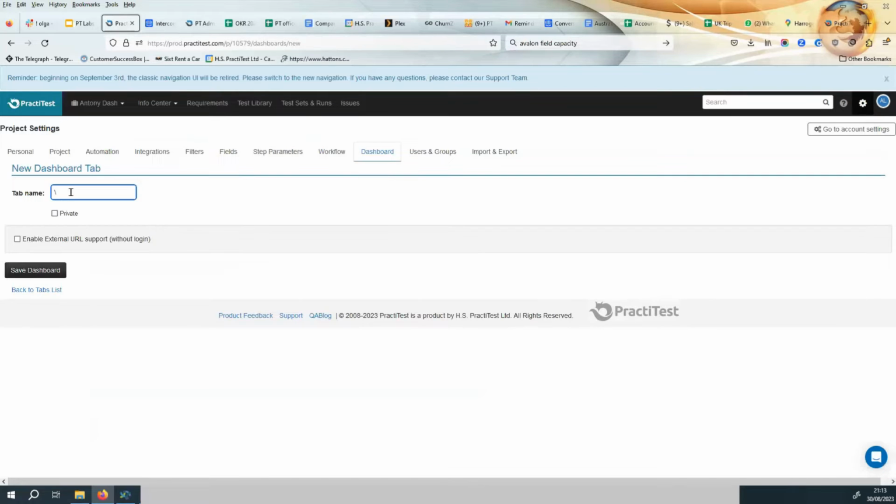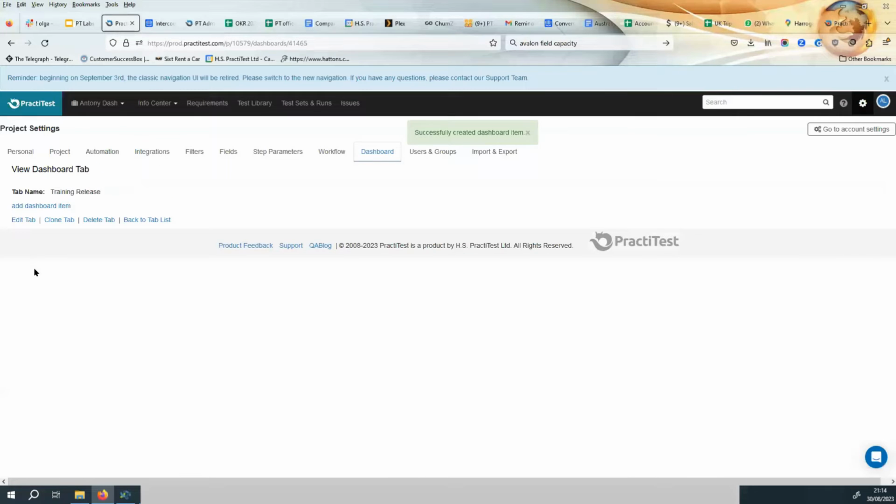Let's call it Training Release. There we go. And I'm going to make it a public dashboard. I can have private dashboards if I want, which are only going to be for me, or I can have public dashboards. And I can also enable an external URL, a coded URL. And if I do that, what it means is that anyone, they don't have to be PractiTest users, can access